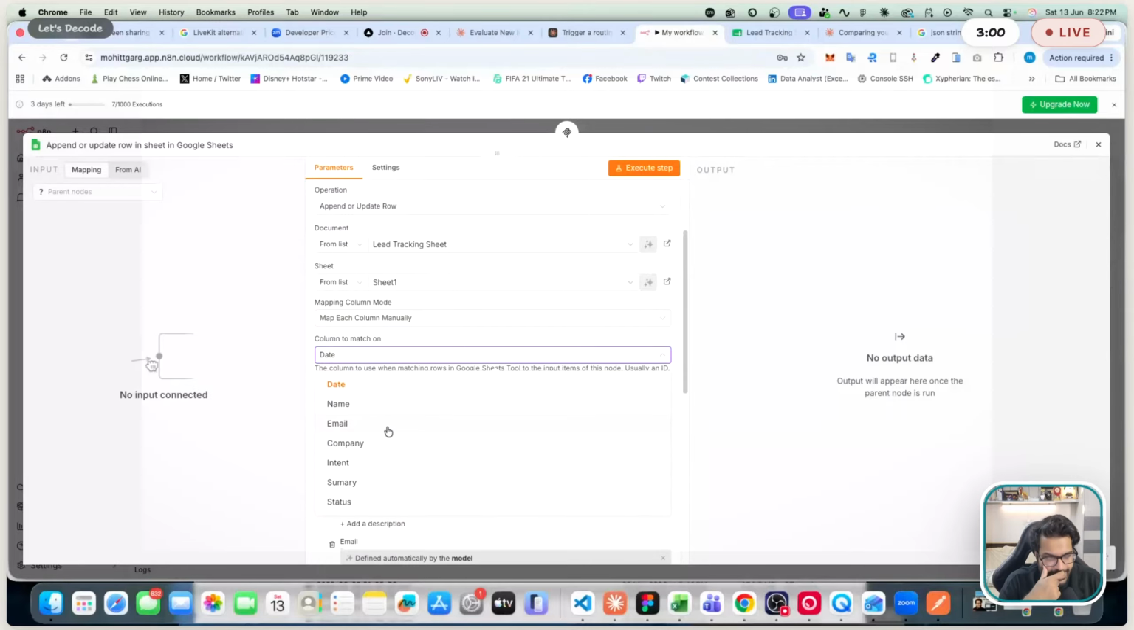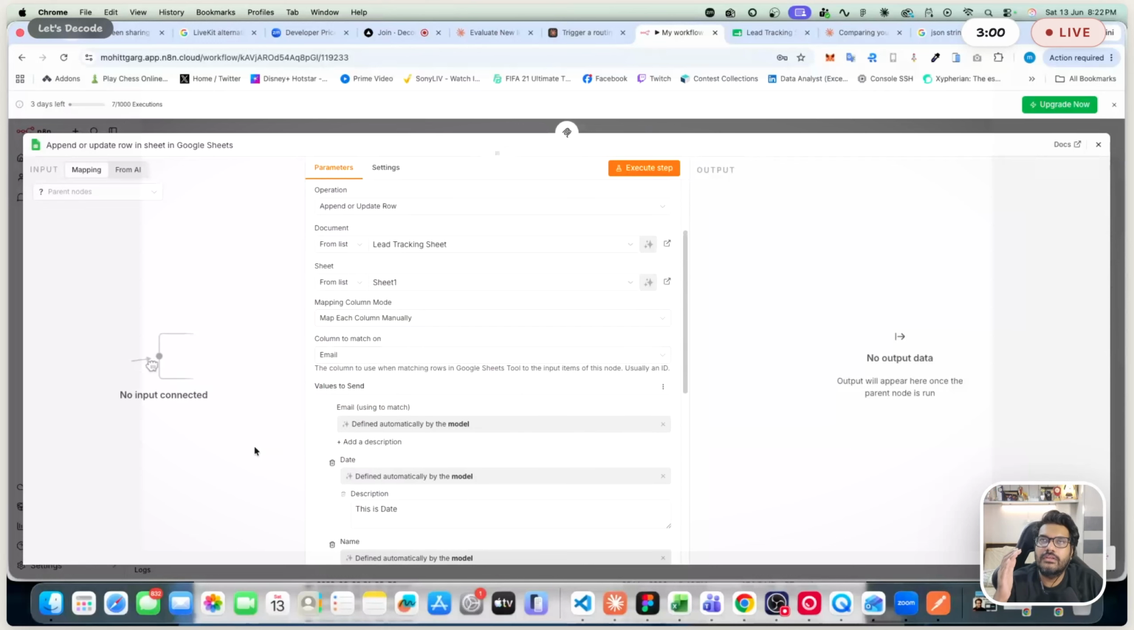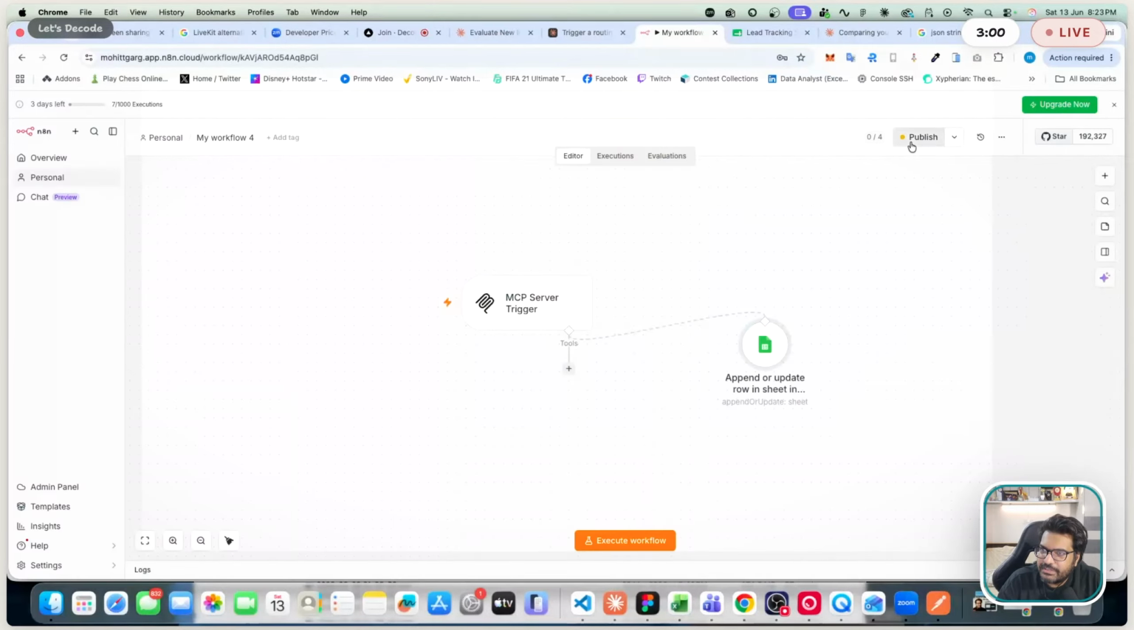So basically the column to match on is there so that if there is a duplicate value, for example if a new mail comes from Mohit.Garg and the same person is already there, then it will change the value of the row that is already there. That is why there's a column to match on, which I forgot to add here, and it should be fine now. I will do a publish